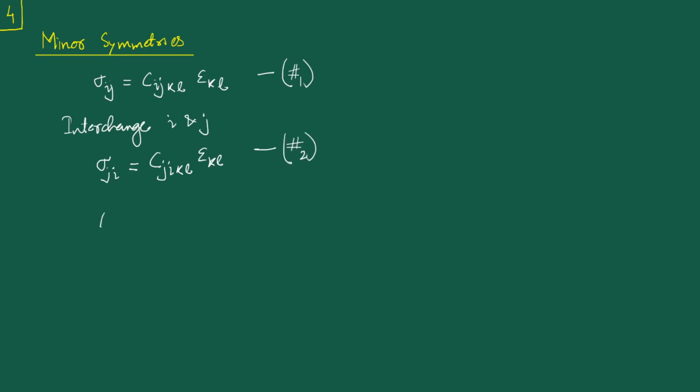What we want to do is hash 1 minus hash 2. So that will give us sigma ij minus sigma ji is equal to C ijkl minus C jikl